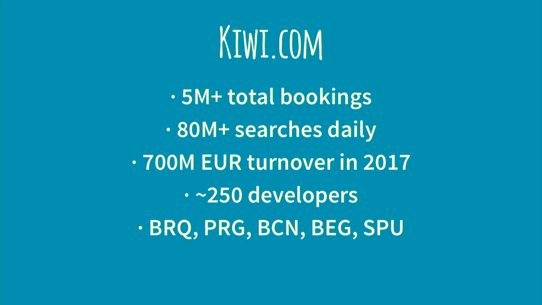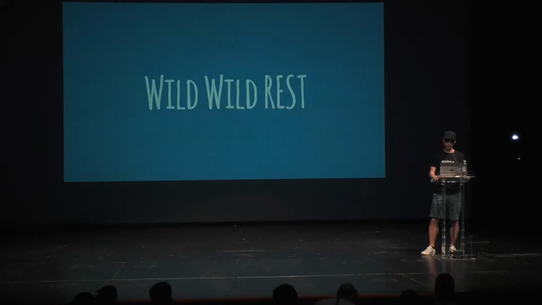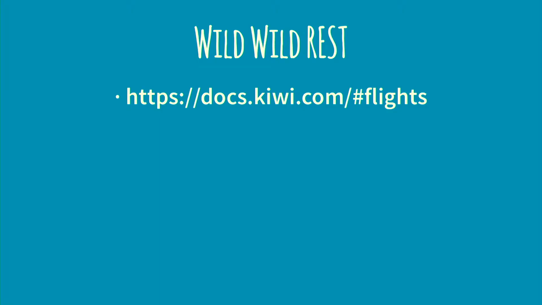So almost a year ago in Prague, we started a small project, and we needed to fetch some data, search a flight, and display the most important things, like how much it costs, when it departs, and who operates the flight. We went into a thing I called the Wild West, because we have APIs that are REST, and there is documentation for it. So it looked in the beginning very simple. Call some REST API and fetch the data.